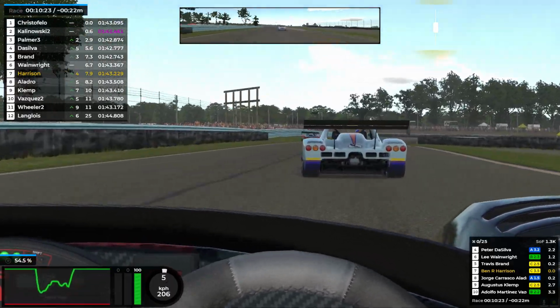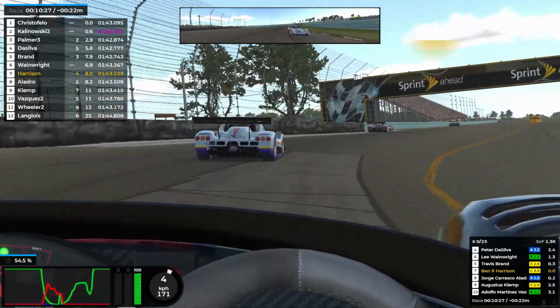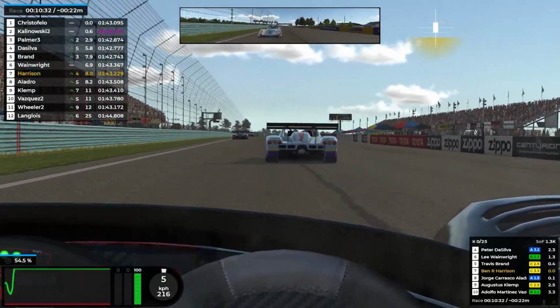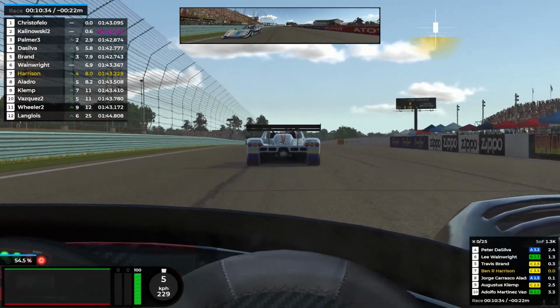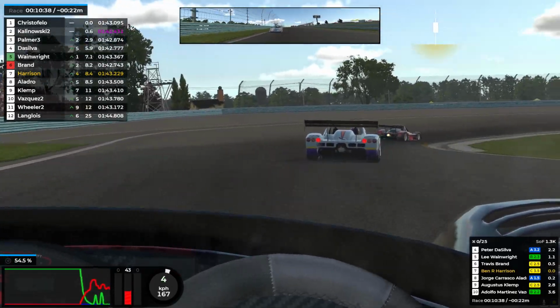He's mounted a little bit of curb, that's going to slow him down, so we're going to be right on his rear wing as we come into the final corner of the lap, try and power out onto the start finish straight, but we've got Aladro behind us interested as well. We're into the draft of Brand up ahead of us,